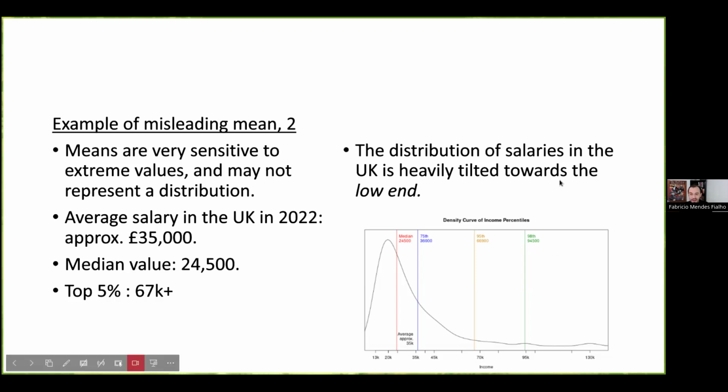Okay, I understand that this may be a bit too much information for some of you who are being exposed to this for the first time, but I find it interesting to keep this general idea in mind: how the median is informative of how the wages are distributed in this country. We see that half of them make less than 24,500 pounds a year, and only 25% of the British make 36,000 pounds a year or more.